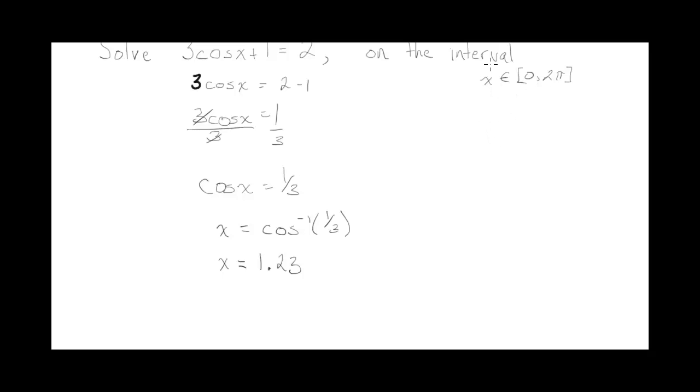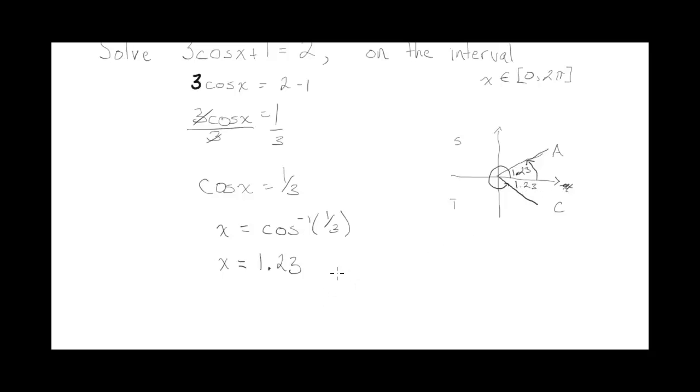Now, we wanted the answers for x in the interval from 0 to 2 pi, so that's one full rotation on the Cartesian plane. Now, cosine is positive in two quadrants, the fourth and the first. Remember, your calculator is always going to give you the answer in the first. So the 1.23 is this angle here in the first quadrant. So that's an acute angle. But there's also this angle in the fourth quadrant, which will have the same related acute angle,